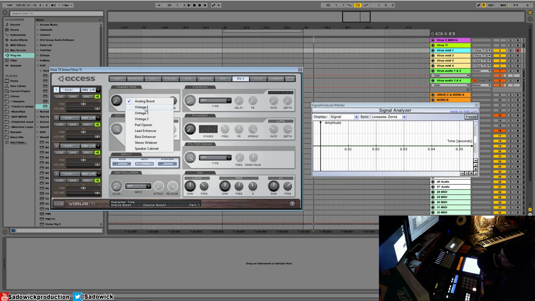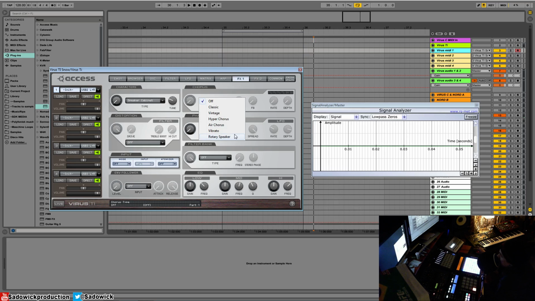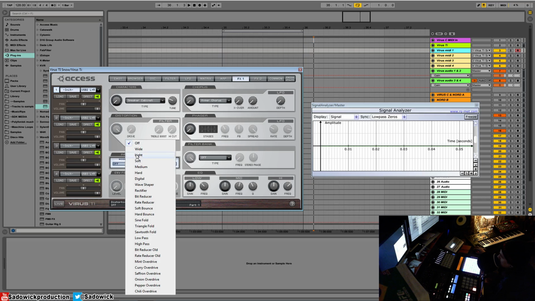So you can have a synth that needs to be serviced, vintage style pad openers. You can even have a speaker cabinet. The speaker cabinet emulates an amp with a mic hooked up, like how you would record an electric guitar in a studio. Different chorus effects, including Leslie emulation, which I'm a big fan of. A lot of vibrato, which is a kind of guitar pedal, Pink Floyd-ish, hyperchorus, which sounds good on leads and supersaws and stuff. Lots of distortion options,